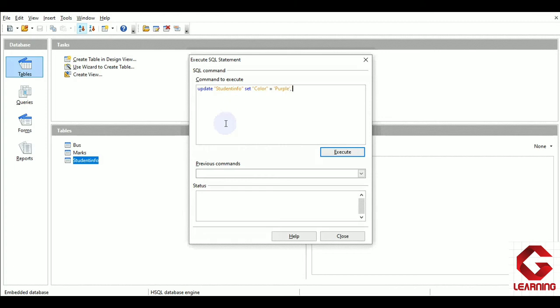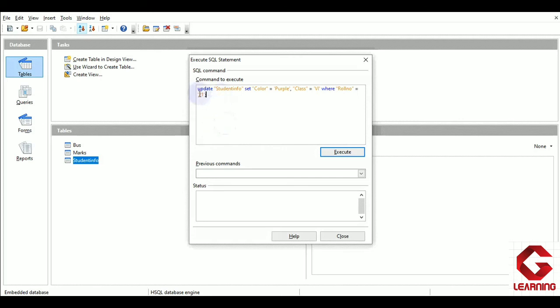After that, I want class 6th in place of 5th, so class equals 6th, and thereafter we have to give a condition because we want to change the color and class of roll number 21. So the condition is where roll number equals 21, and then just to end this statement I have to enter a semicolon.